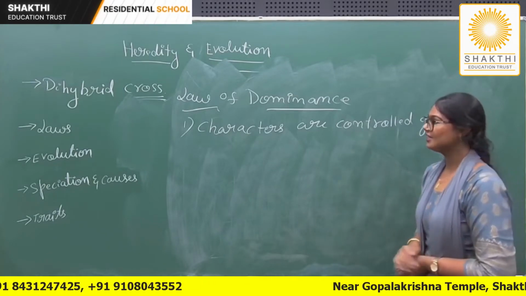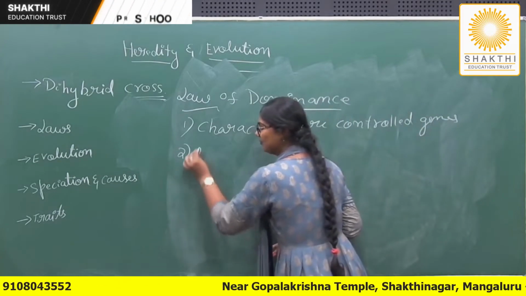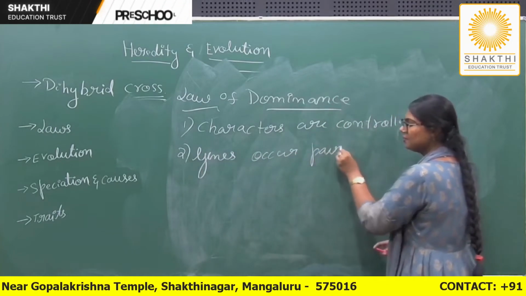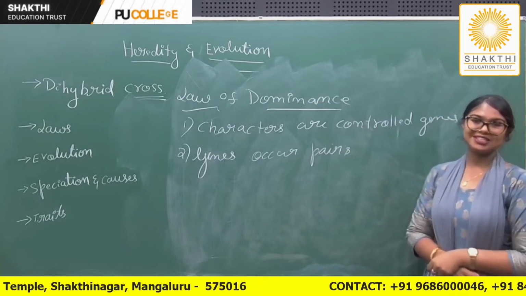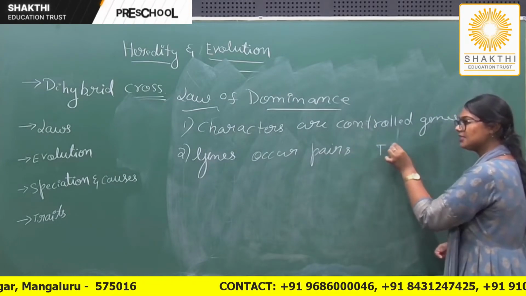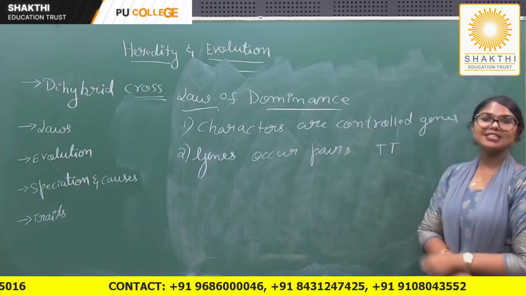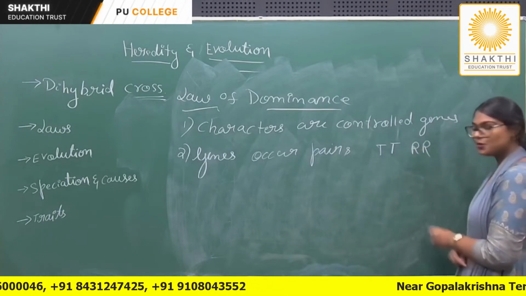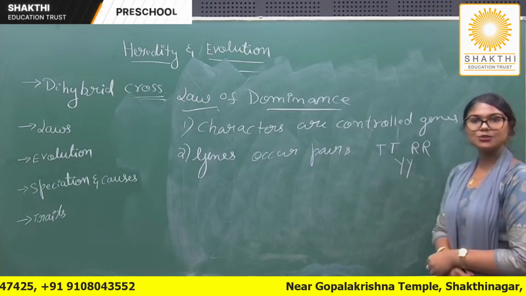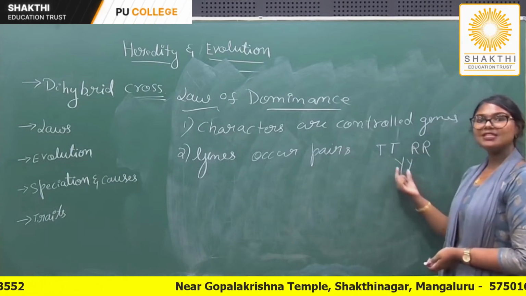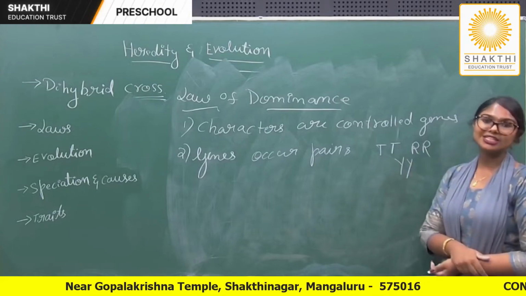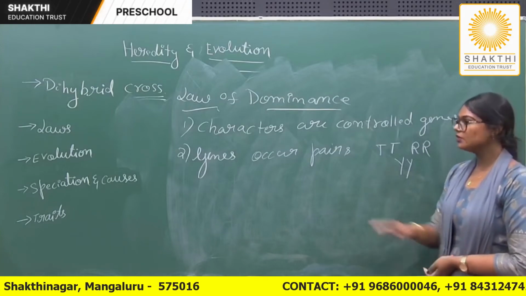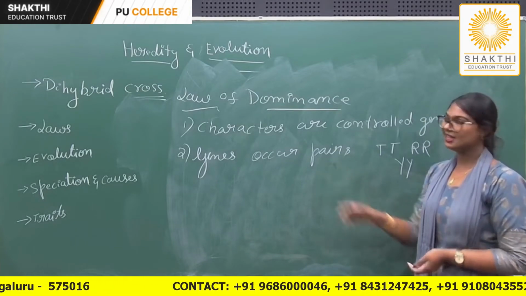So quickly recall that. Second, he says that genes always occur in pairs. Very important. What does it mean, students? Genes as in capital T, capital T. You never write it singularly. If you have noticed, it's always together. Capital R, you write it 2 times. Capital Y, again 2 times. So these are genes and we always write it twice because in our body, the genes always occur twice, meaning we have 2 sets of chromosomes. So we have 2 pairs of genes. Third one is